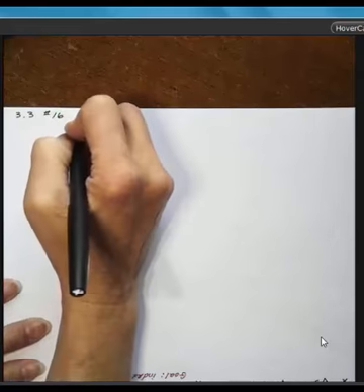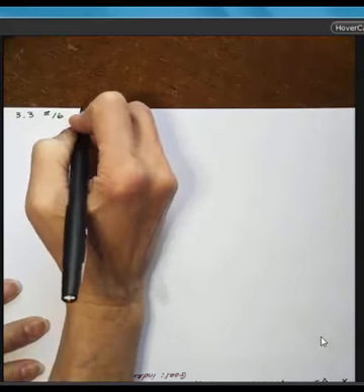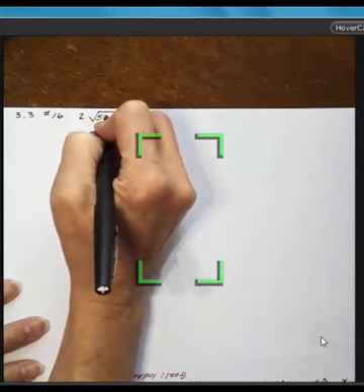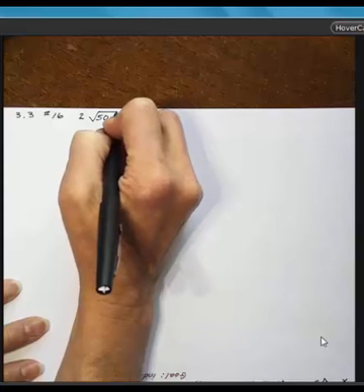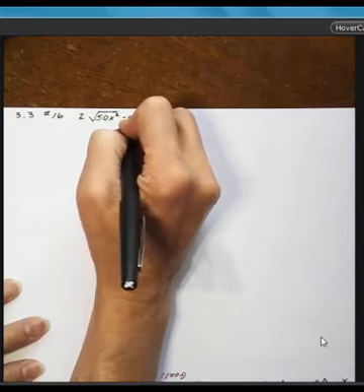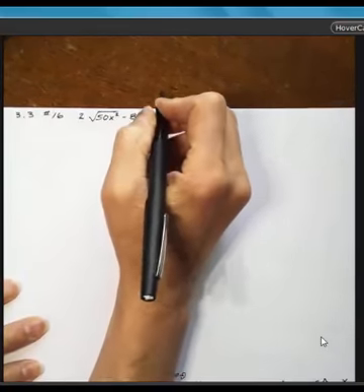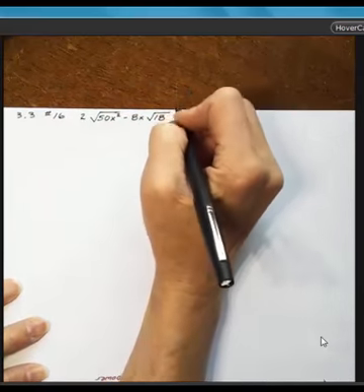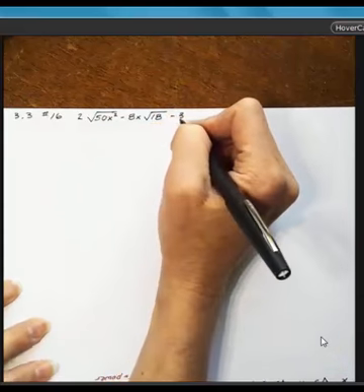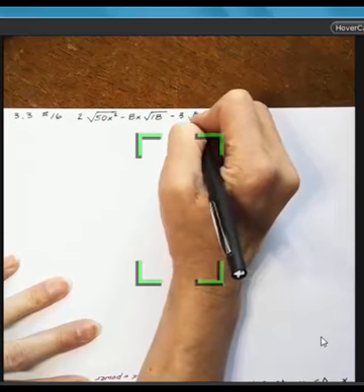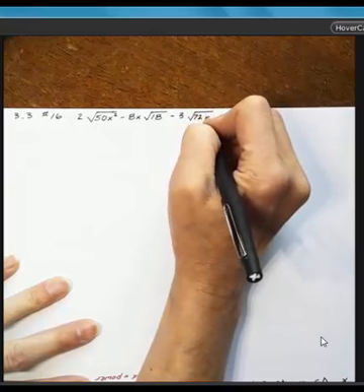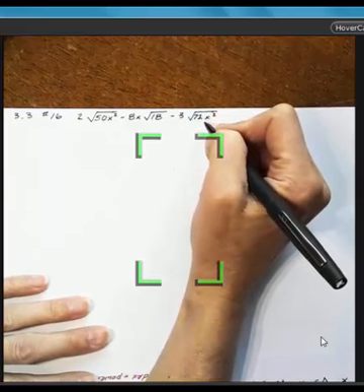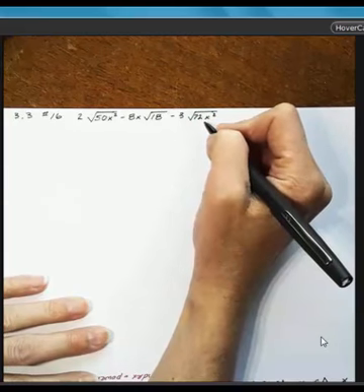Problem 16 says that we have 2 times the square root of 50x squared minus 8x times the square root of 18 minus 3 times the square root of 72x squared. And we're asked to combine the following expressions, and we're supposed to assume that any variables under an even